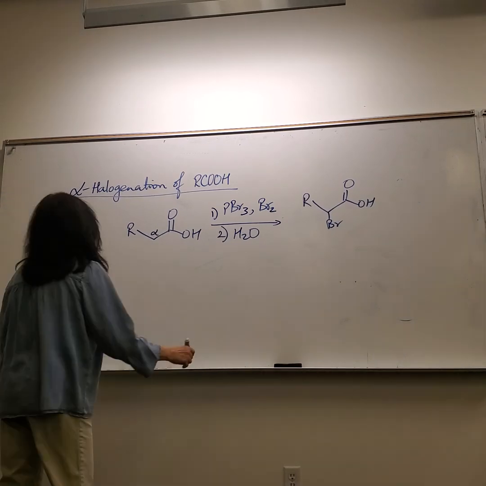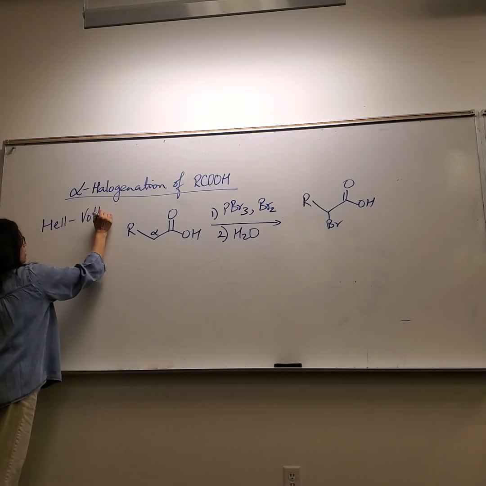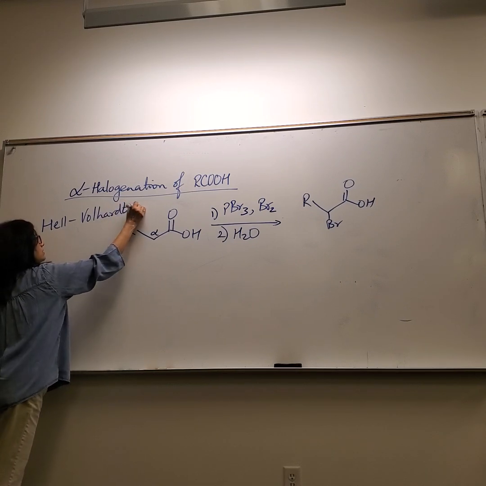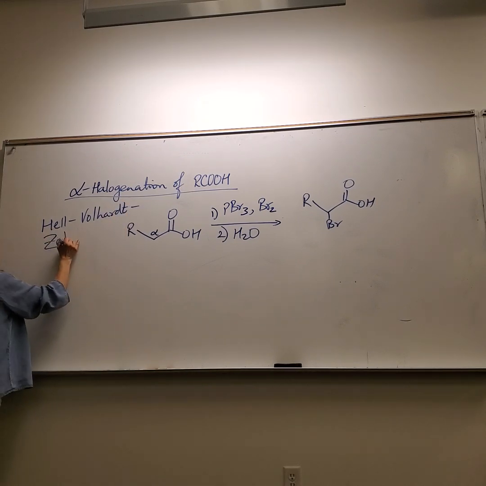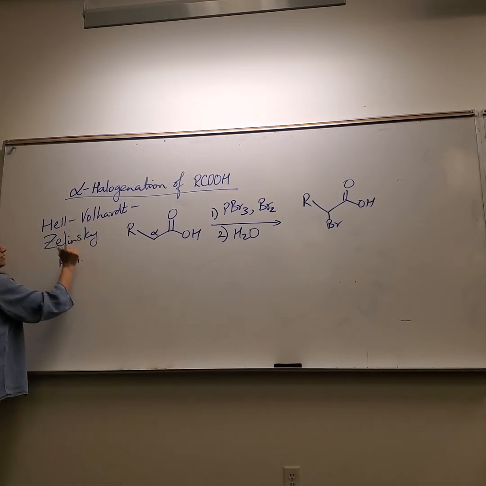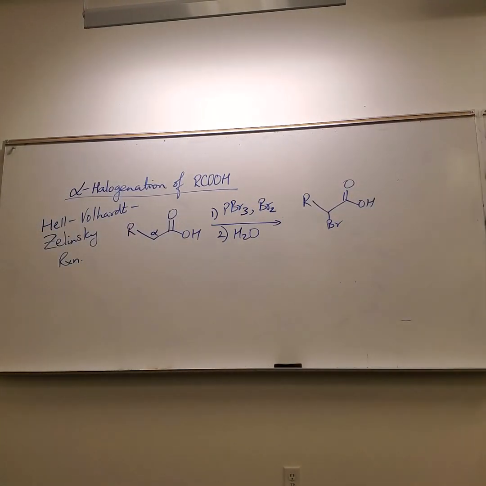This reaction, by the way, is called the HVZ reaction, Hell-Volhard-Zelinsky reaction, hence HVZ reaction. So FYI, we are not looking into the mechanism or anything for this reaction. So for example,